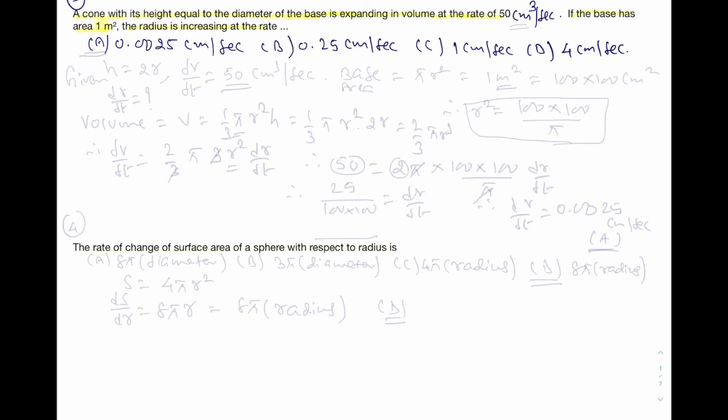Now see, cone with its height equal to diameter, so h is equal to 2r,